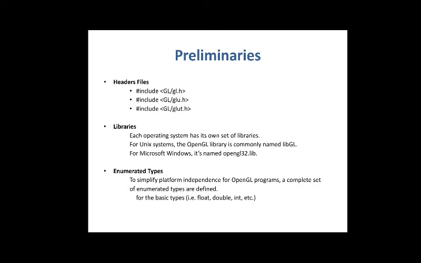Before going to the contents, let's see the preliminaries required for OpenGL, or whenever we are using this GLUT, that is the toolkit library. Which header files are we going to include? These are given here: #include <GL/gl.h>, then glu.h and glut.h. These are the three header files which we are including. They describe all the function calls, their parameters, and define constant values to the compiler.